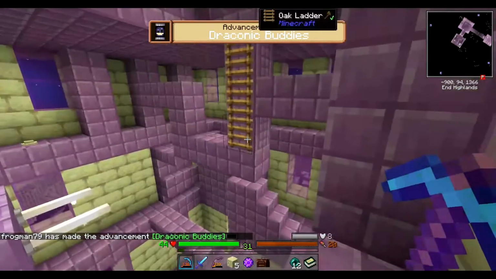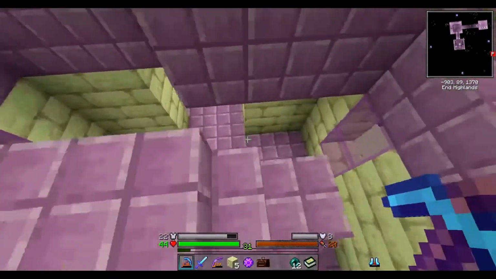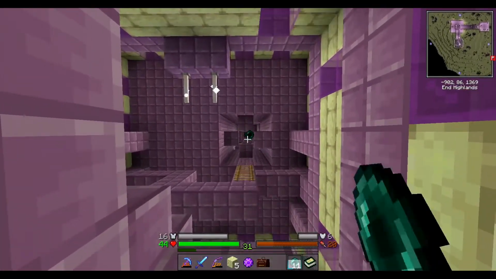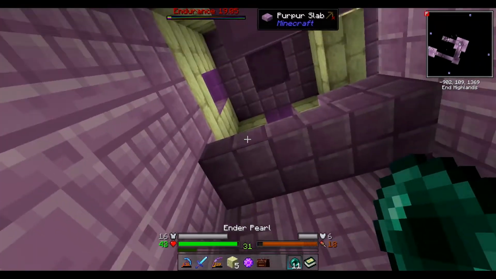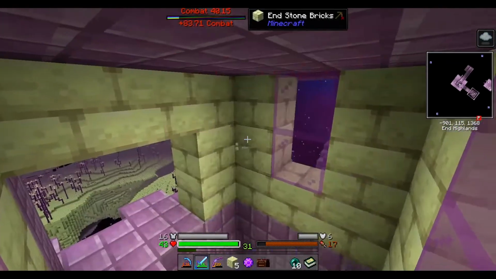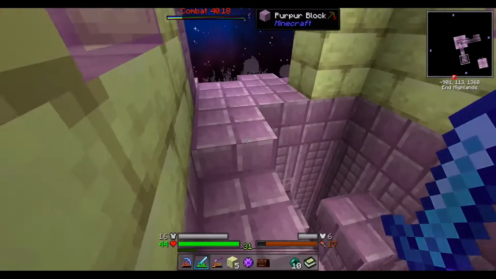Draconic buddies. Interesting. Okay. I hate this tower. This tower is the pain in the butt one because you got to do this, and I'm no good at parkour. So let's see. I need to do something kind of like that. Thank you. And then kind of like that. Sucker. Where'd you go? I didn't bring enough stuff to get out to that thing either, so we're going to have to see whether or not we can do